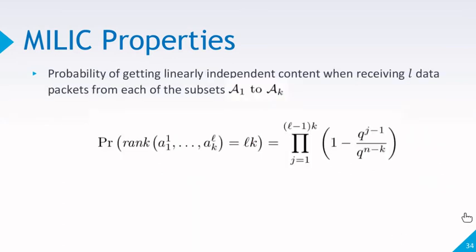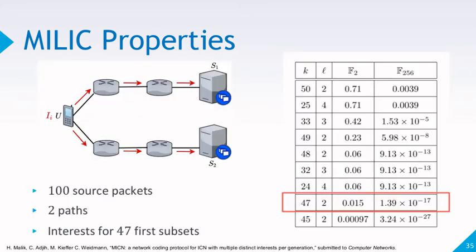We did a detailed mathematical analysis for such cases: if a node receives L packets chosen randomly from K different subsets, what is the probability of them being linearly independent? This is the mathematical notation, but to show you the results of this analysis, we have this scenario here